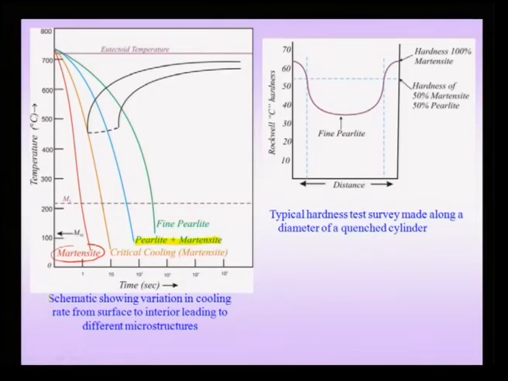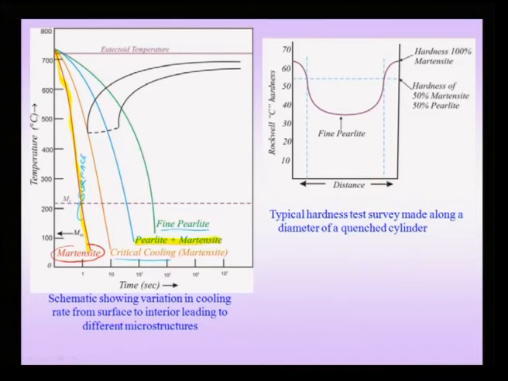But in this case, we are actually quenching this material in, say, a cooling medium like water. Of course, I keep the conditions constant, like for instance, I just quench it into water, I do not vigorously shake it or anything. Then I note that the surface could be cooling at a rate as shown by the red curve. So, this could be my curve which is representative of the surface which is forming full martensite. So, this curve could be the one which is for the surface. And this point could be for just below the surface,